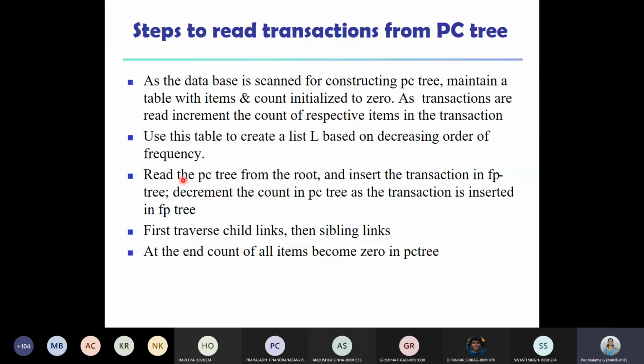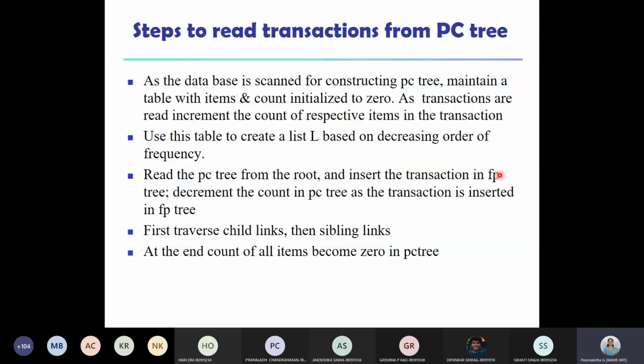You start from the root of the PC tree and insert the transactions into the FP tree. From the root, we are traversing the PC tree, and whatever transactions we get, we insert into our FP tree one by one.